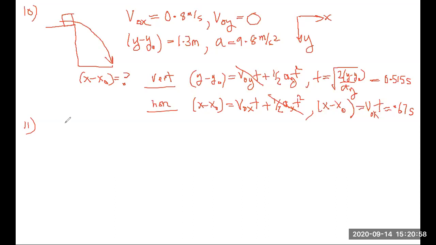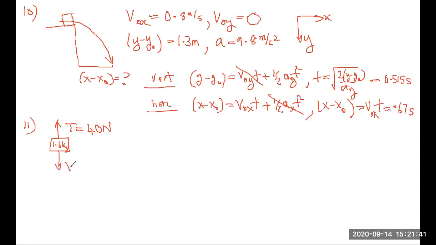Number 11 says we've got a block of mass 1.6 kilograms. It's accelerated vertically upwards by a cable, and the cable will break at 40 newtons tension. So what's the maximum acceleration? It's important here that we're thinking about the situation where the tension is 40 newtons. We're at that maximum, and we're thinking about this 1.6 kilogram block